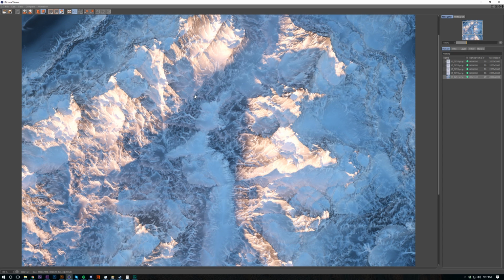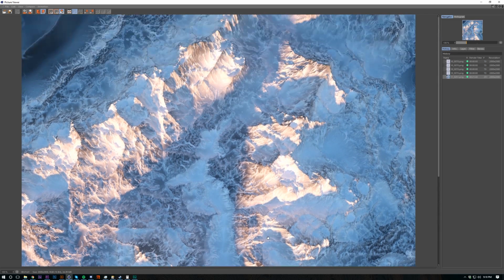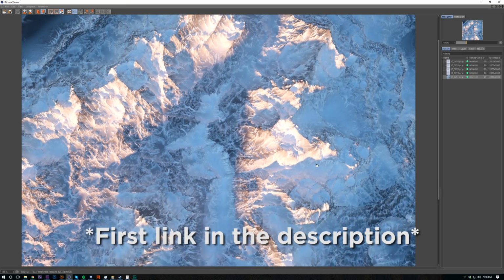This is going to be basically just using a lot of the dirt texture, the dirt shader inside Octane, and I'm going to be using some of the height maps from my landscape kit,